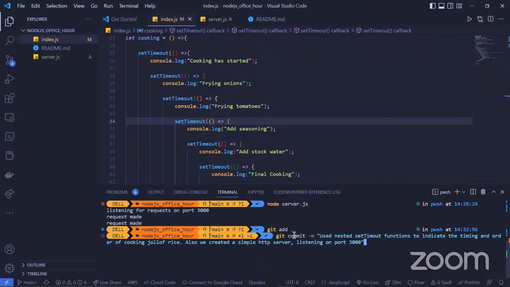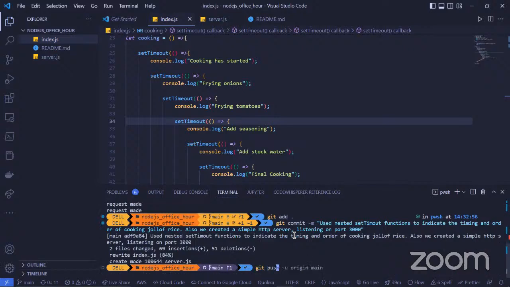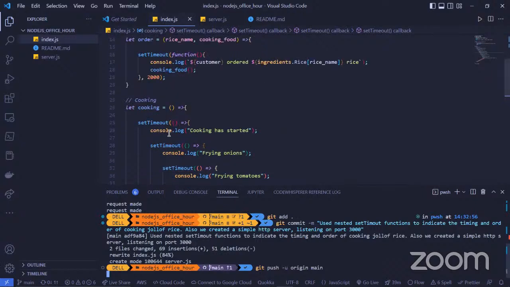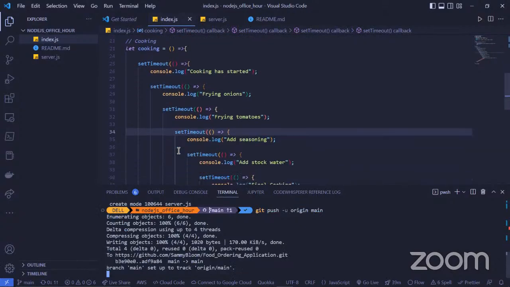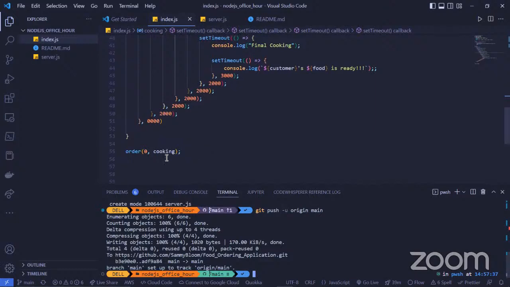In fact, when you're writing your code, because the code you write today, if you come back 1 year from now, you may need help understanding it. One of the things we did not do here was comment our code, which is very important to increase the readability of your code. Then it's very important that we git push. I just said cooking. I'm supposed to say step 1, step 2, step 3, the different steps. All those can be highlighted.